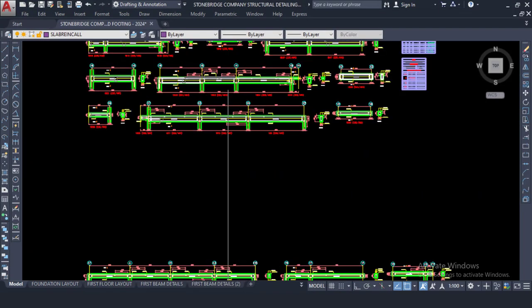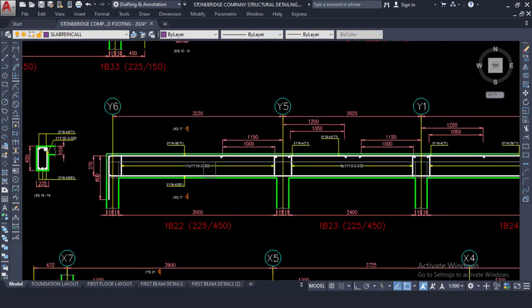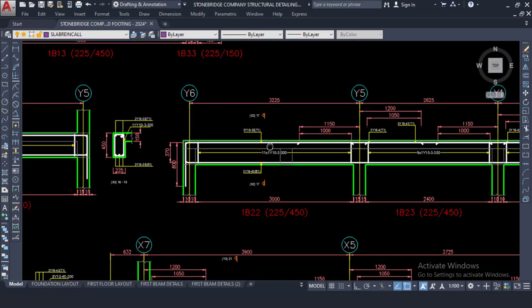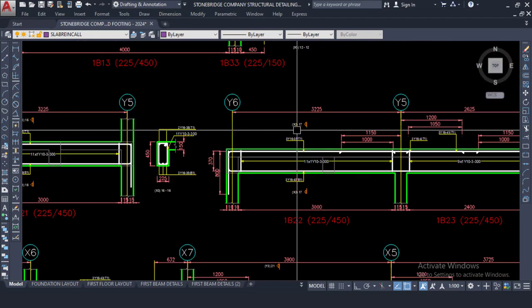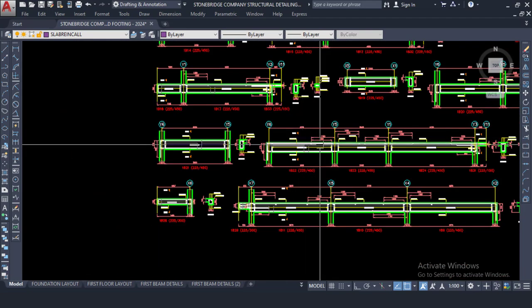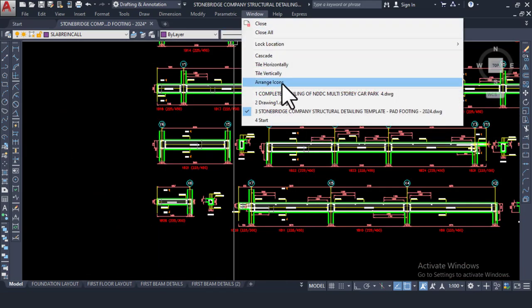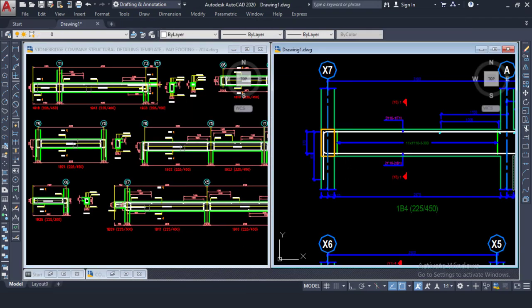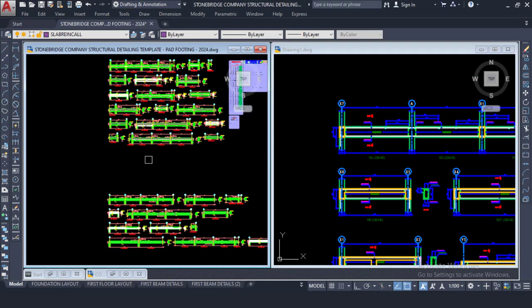Okay, it's the same thing. It helps to optimize your drawing as long as it is coming from what? From Prota Structure. You can see everything is optimized. Okay, let me just tile again right now. Tile again vertically. Okay, you can now see, even if I still copy one of the beams again right now,